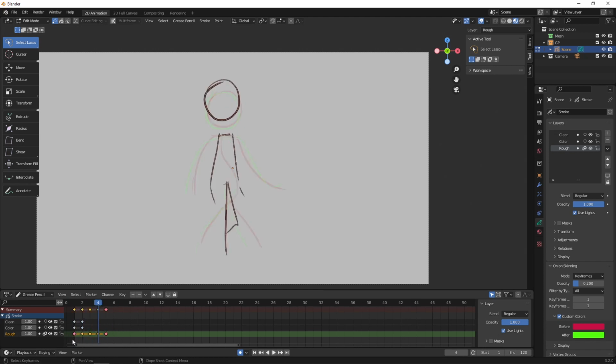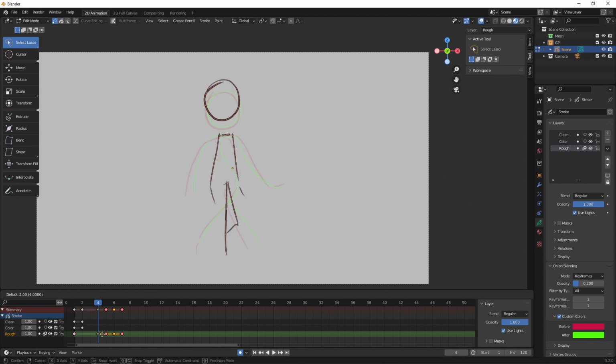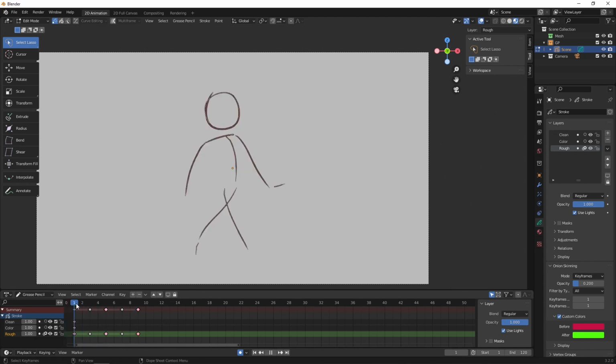Okay, now that we have these keyframes, we can space them out. Let's mark them all as keyframes. Actually, these are the breakdowns, so we can move them. Now let's space them out. We'll just keep them on 2s. Let's delete this. Okay. Now if we play this, see,